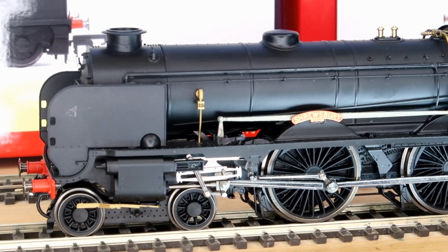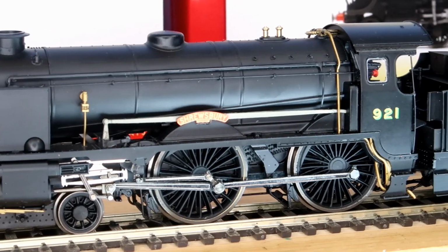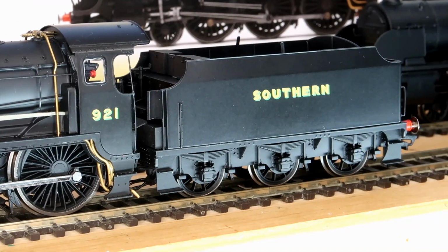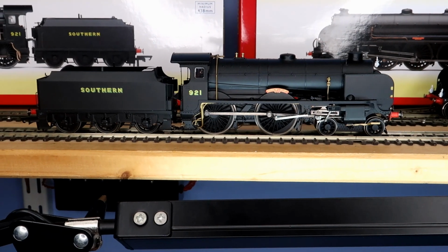Oops, I've done it again. Another irresistible cut price loco in World War II livery, this time the SR V class, Schools. Welcome back. With the success of the N15 King Arthur class from Hornby, in a moment of weakness I ordered